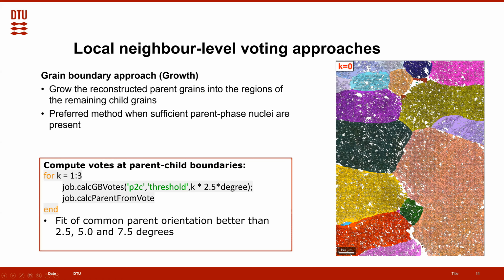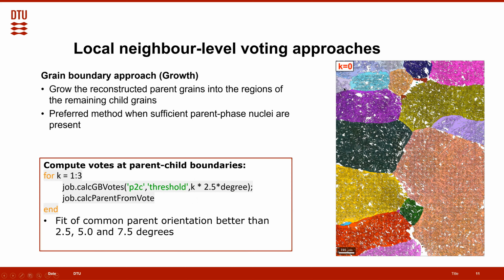Here we've arranged this growth algorithm into a loop of 3 iterations. And we have done this so that we can start with a very low threshold and then step by step increase this threshold. So here by this threshold, we mean again, the fit of the common parent orientation has to be better than 2.5, 5.0, and 7.5 degrees in the consecutive iterations. And by this extra option P2C, we indicate that we only want to look at the parent-child grain boundary so that the parent phase can, let's say, organically grow into the child